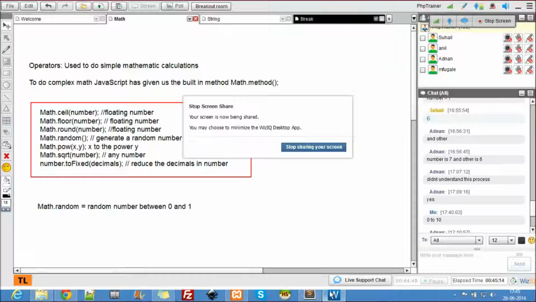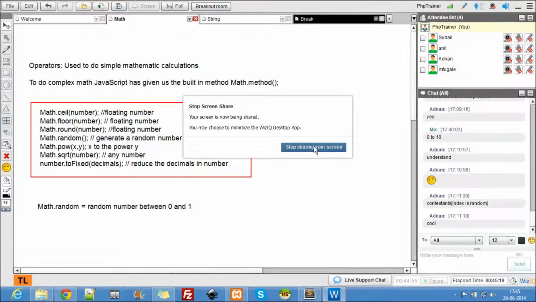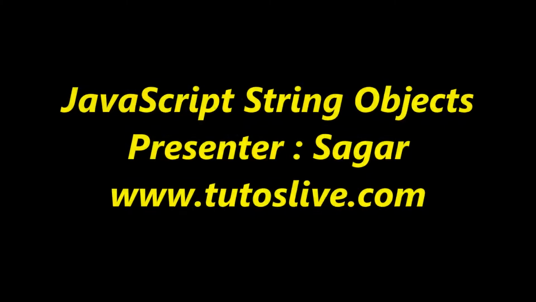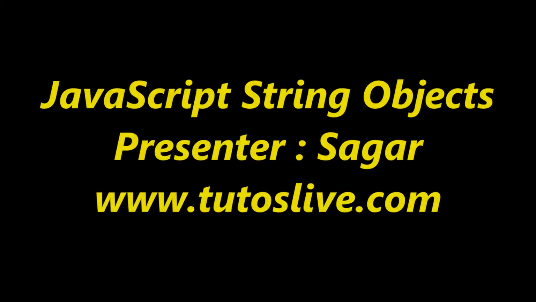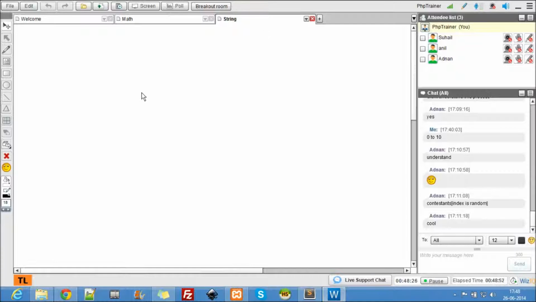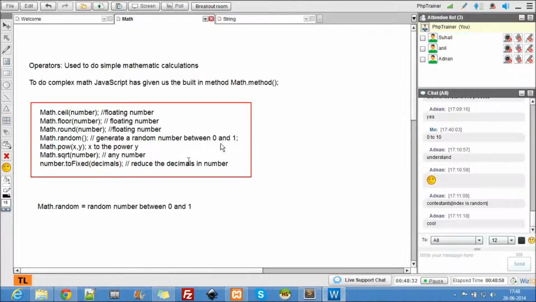Alright, so let's go ahead and see the string objects. They are really important, unlike the Math objects. So the next object is the string object here. What are all important in Math objects? I'm going to explain the important ones here: ceil, floor, round and random. That's it. And also toFixed. Do not consider these two, they're not at all important. Hence the reason I did not explain them is the same reason. I don't want to explain them because they're not that important. You're not going to be using them anywhere else.